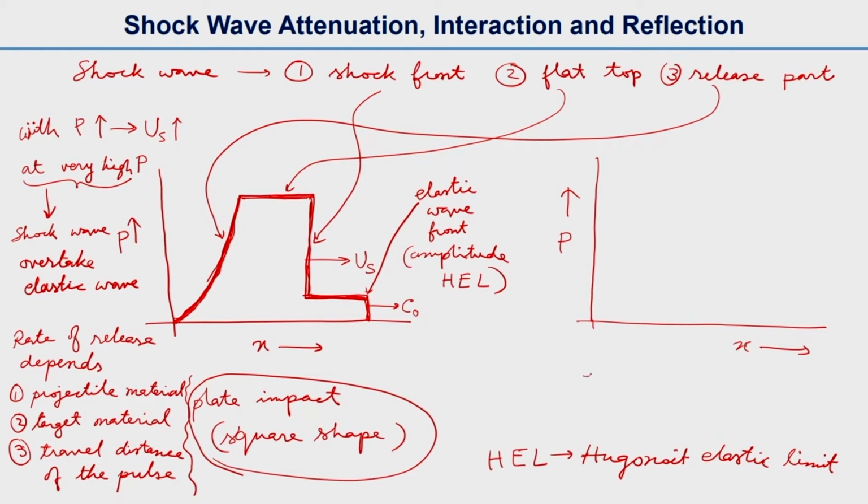So this is for explosive detonation or laser pulse. We can have a shock wave produced by laser pulse, and in this case the pulse is of triangular shape. So it looks something like this,